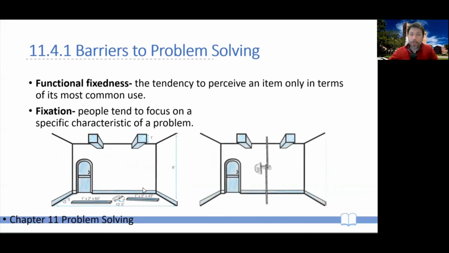But of course, if you stop thinking about these as two bits of wood and this clamp as just a clamp, you can imagine that you can use the two bits of wood and the clamp in order to create this kind of hook structure. Again, this is another example of how the Gestalt school would stress the importance of reframing information, and how insight would be what the process